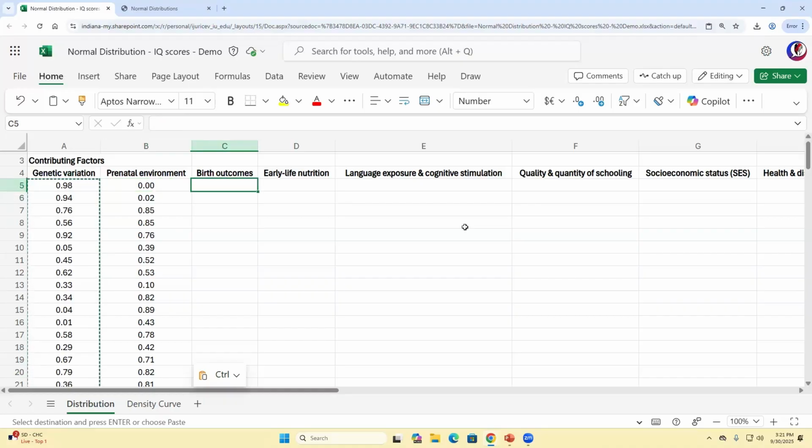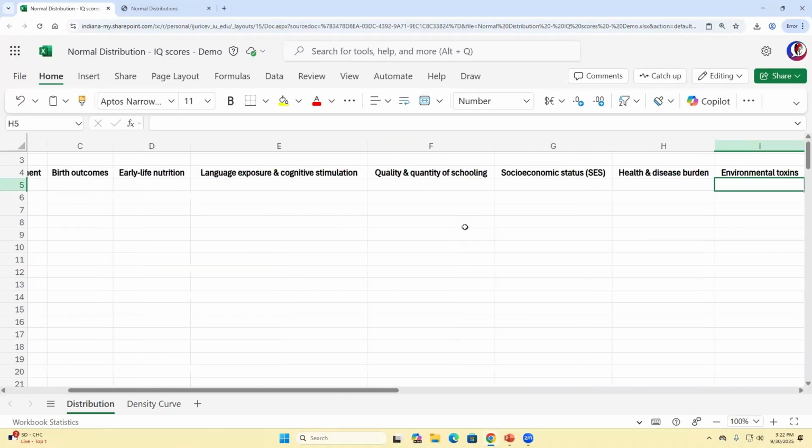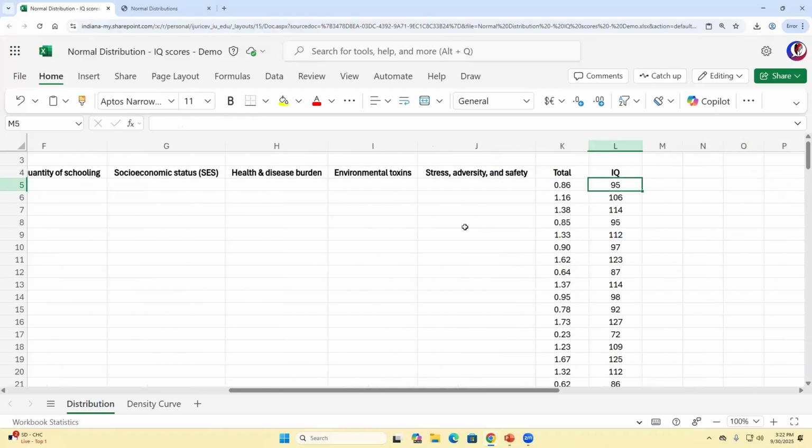And then once again, if we just continually hit delete, it will recalculate these random variables. But importantly now, we have two factors. We have two factors that are contributing to IQ. So if we go over here, now our total is being totaled for two factors, and our IQ scores are still being scaled. So now when we take a look at our density curve,